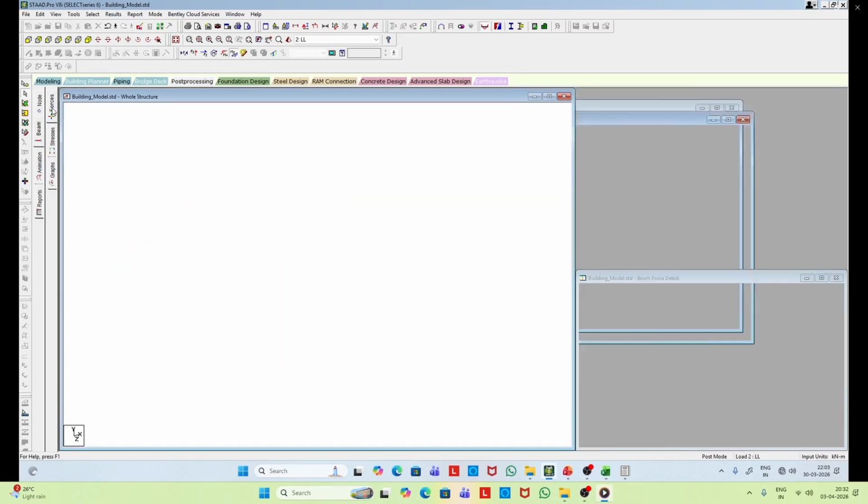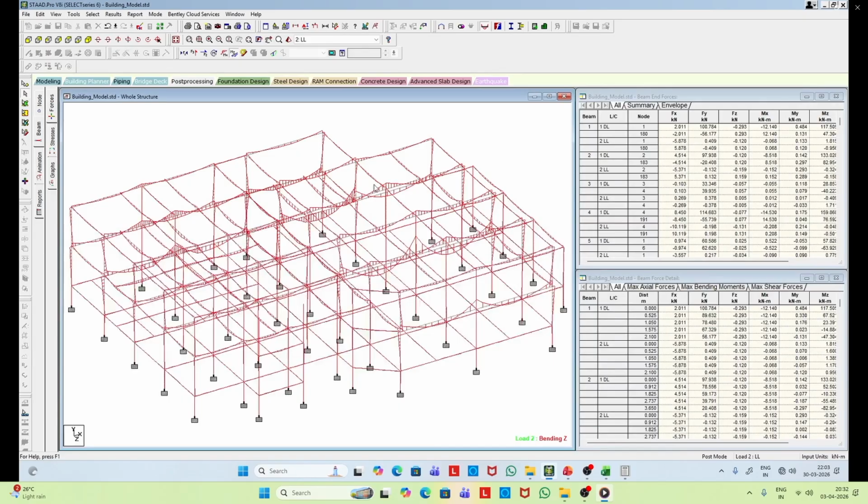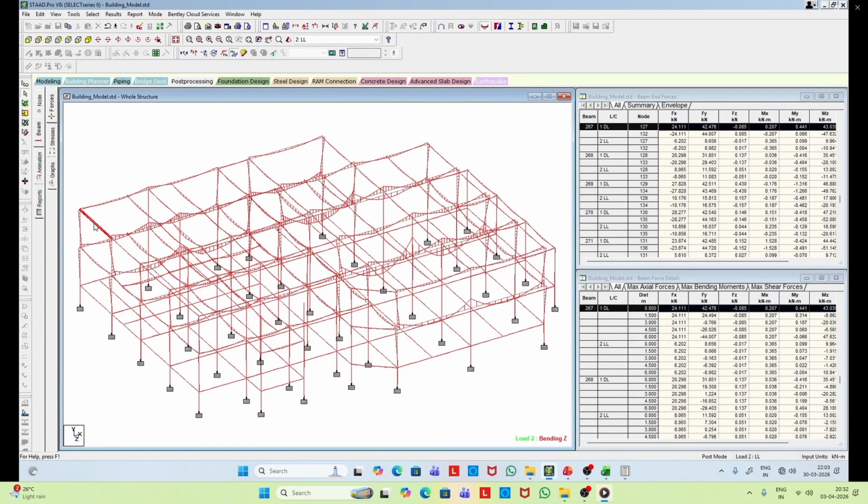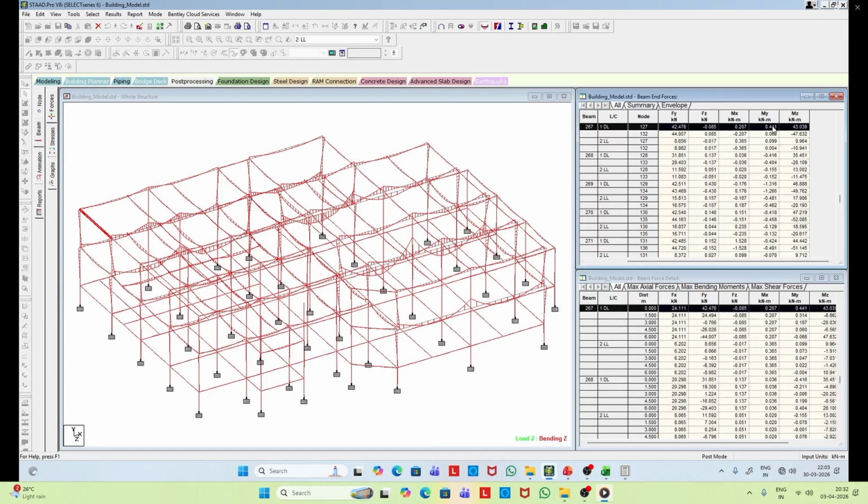Now, if we select beams, as you can see here, we can identify the moment and shear force. So if we identify a beam, that beam is selected and you can see it is 267 beam number. And for that, again, we have force and moments along 3 directions. And out of that, you can see MZ is the direction we are interested. And for that, we have the bending moment and also shear force, you can see.